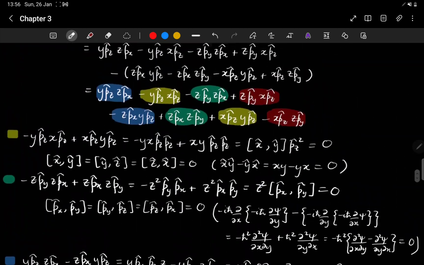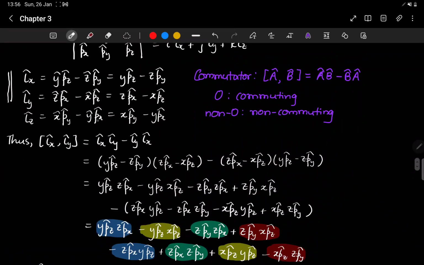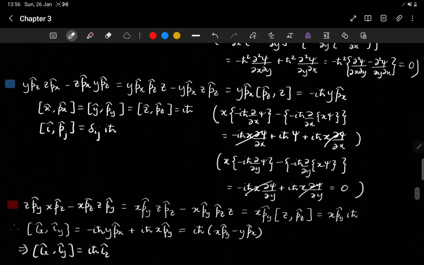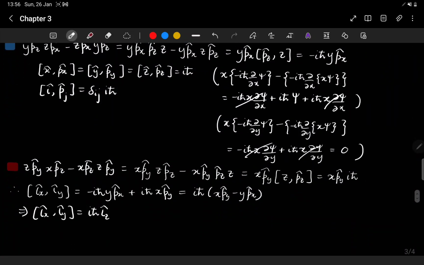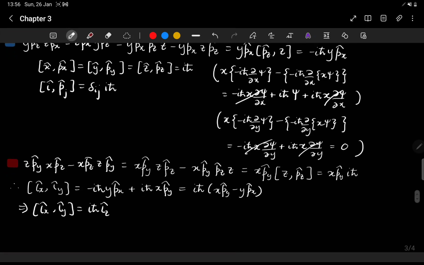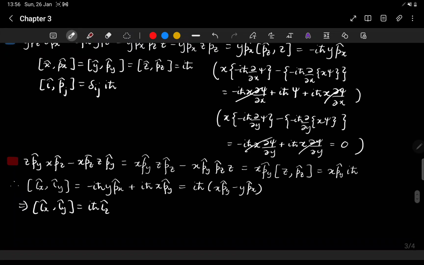Because we had written down the z component, if you remember, it is x py minus y px. So x py minus y px is the Lz operator. So this completes the result, and for the cyclic permutations, I will write down the result. So this is true for cyclic permutations as well. So if you have these components,